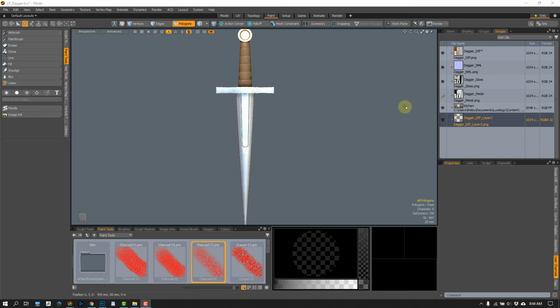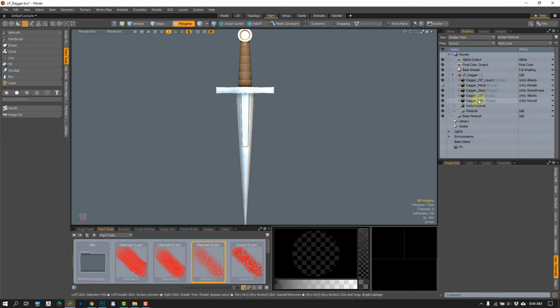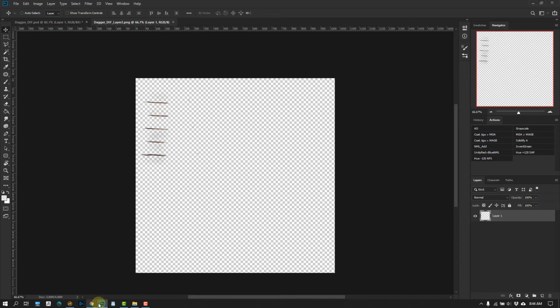So just a little bit of housekeeping real quick. Let's say I was going to put this in the Unity game engine. Again, I was using Unity shaders and everything, so what you see is what you get. But if I wanted to use something like the Unreal Engine instead, there's a few differences that, again, I've mentioned before. So instead of a gloss map or a smoothness map, they use a roughness map. So to create a roughness map, I would just go into Photoshop,